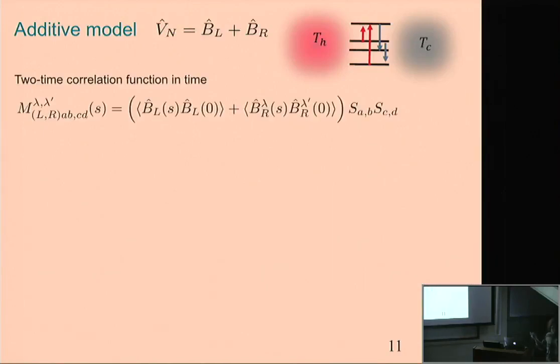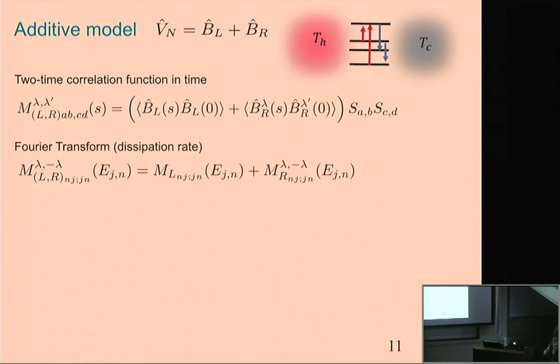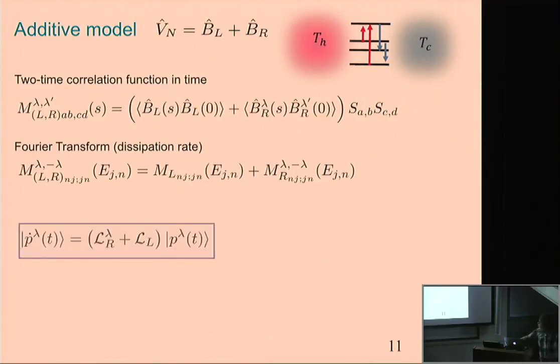Obviously, the two-time correlation function, the total one, just decomposes to the sum for each bath. What is the meaning of that if you think about the rates? I have transitions between the levels induced by the reservoirs. So I have transitions induced by the left bath, and I have transitions induced by the right bath. So it's a very regular weak coupling approach that we always do, where each bath independently leads to transitions in my system. And here, just to clarify, I'm only doing this counting with respect to the right bath. So I have two dissipators, one coming from the left bath, one coming from the right bath.